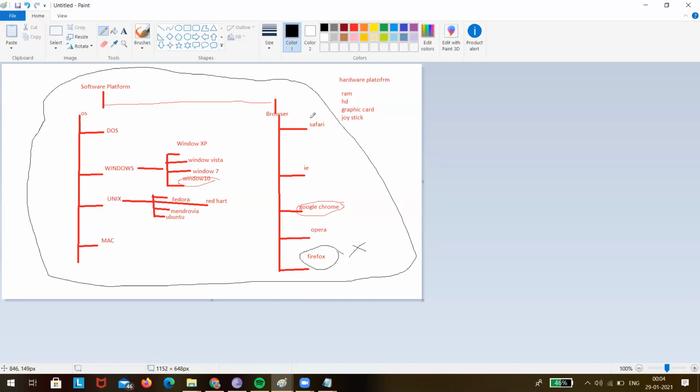Okay. See, if I take Windows 10, I will do it in IE, I will do it in Google Chrome. Now IE has again 10 versions, Google Chrome has 30 versions, and then Opera has so many versions, Firefox has so many versions. Again for Windows 7, this chain will repeat. So we cannot do testing like that. Compatibility testing we will do according to the most used OS and browser by the end users.